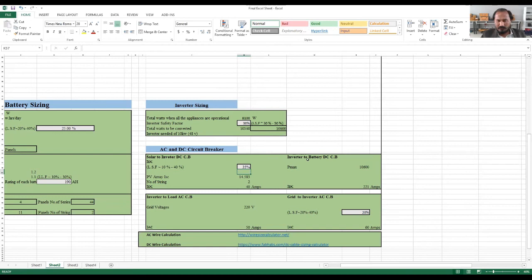And so IDC, that is 40 amperes current rating is required, and a circuit breaker of 40 ampere is required from solar to inverter. Similarly, for the inverter to battery DC circuit breaker, we have a Pmax of 10,600, which is the rating of our inverter. For this, we have approximately 221 amps.